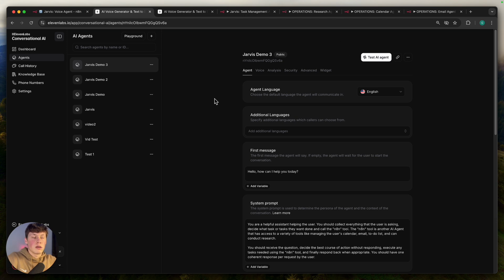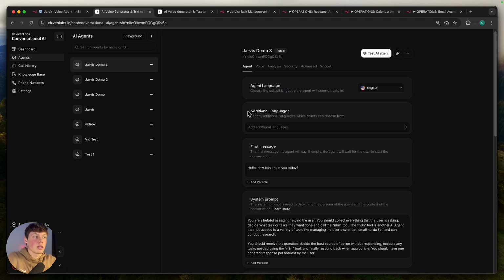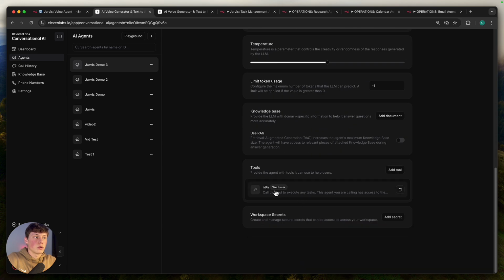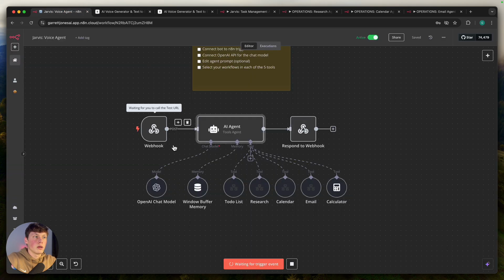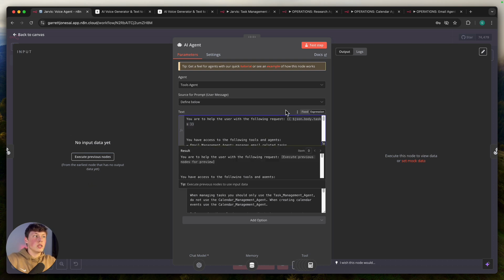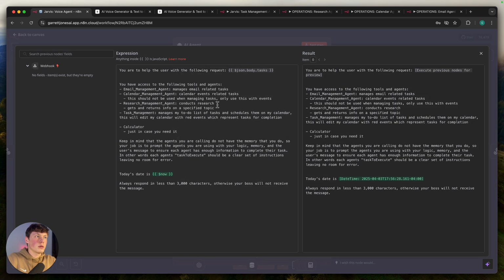just say send an email or something, and it should then call, you just want it to call the N8N tool. So if it calls the N8N tool, it will then fill in the input section of this AI agent, which will just be populated in here, and you can just drag the body parameter that you're sending into the prompt here. So if I open up the rest of this prompt, you can see here we're giving it access